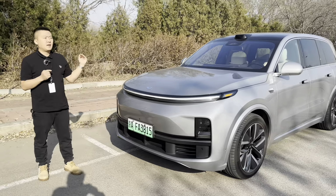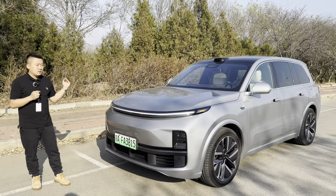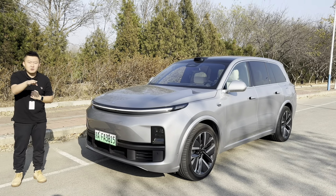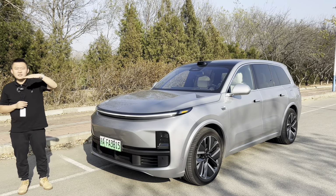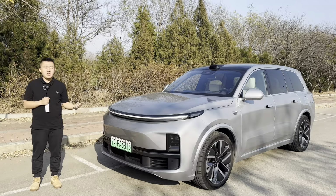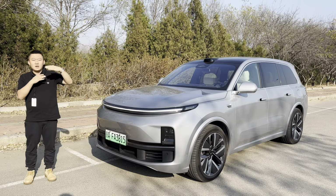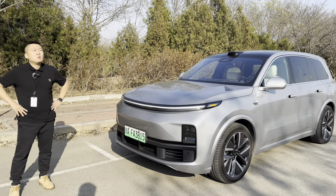So basically, when you just start the engine, it will go up in RPM as you press your foot. If you step on the gas deeper, it will go up, but to a flat curve. So that's your peak electricity output. So compared with a traditional engine, this engine is very efficient, and it always runs in the healthy range. Yeah, it's also very low maintenance. Very low maintenance. I see. It's almost the same as your